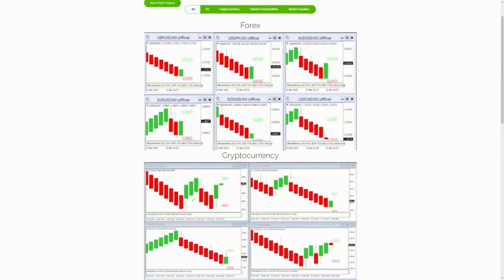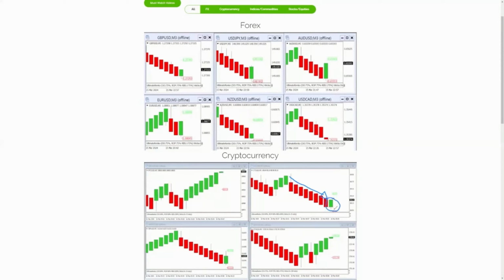And now how do we use the range bars? So it's actually very simple. The way we use the range bars is we're always waiting for a reversal. Now, what does a reversal mean? We can see right here, this is the Litecoin chart that we were in a downtrend, and right here, we're starting to get this reversal. Now, what does that mean? That means that we would be looking for a long position or a buy trade right around here. Now, obviously, we can see that the market has started to move up a little, so we would wait for